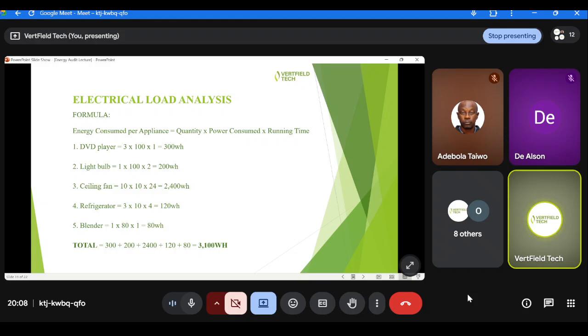For the DVD player, 3 multiplied by 100 by 1 gives you 300 watt hour. For the light bulb, 1 multiplied by 100 by 2 gives you 200 watt hour. For the ceiling fan, 10 multiplied by 10 by 24 gives you 2400 watt hour. Refrigerator, 3 multiplied by 10 by 4 gives you 120 watt hour. For the blender, 1 multiplied by 80 by 1 gives you 80 watt hour. Then you have a total of 300 plus 200 plus 2400 plus 120 plus 80, which will give us a total of